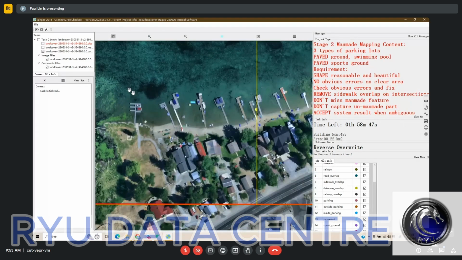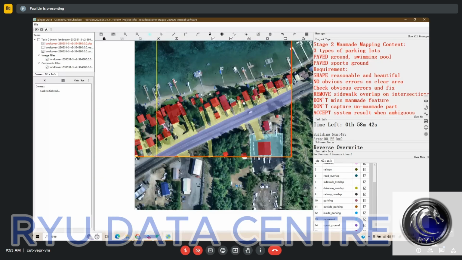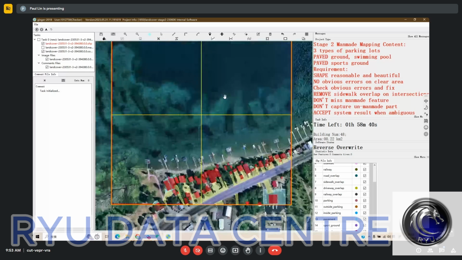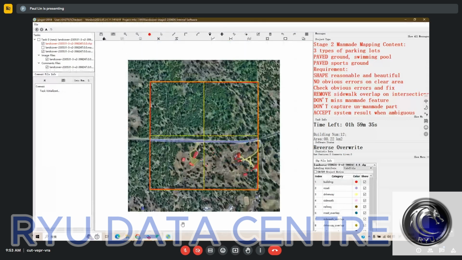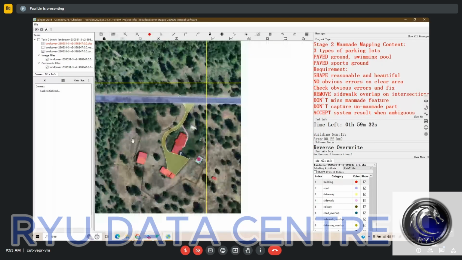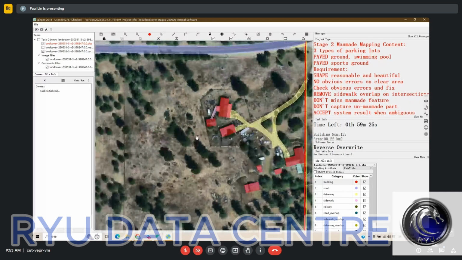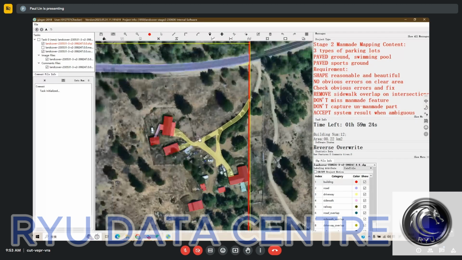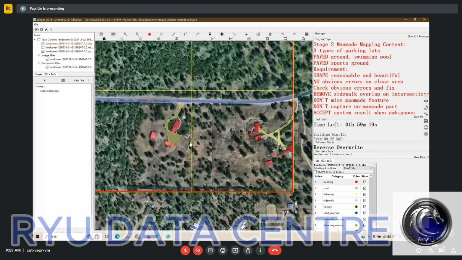And those features on water you can ignore if there's no system labeled. Okay, so this task is done. It's actually very easy and very straightforward work, but we need to first understand the rule, right? Understand what each category looks like. And second, we need to be careful, right? We don't want those small missed features